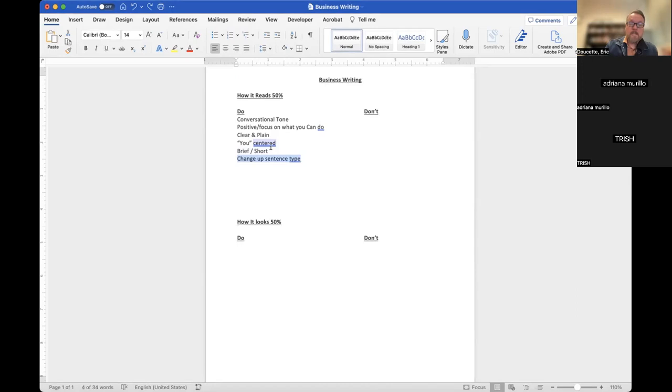You should also change up your sentence type. They say that business writing sentences should be about 15 to 20 words long, no longer. You should use simple sentences for the most part, but not all simple sentences. You'll go through this in your chapter, but those compound sentences, which add an and or a but, comma and, comma but, comma therefore, just add a little more so that your document doesn't read too choppy. But again, simple sentences are the best. One subject, one predicate. Just a simple statement that most people can easily understand.